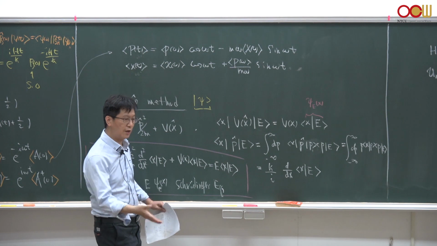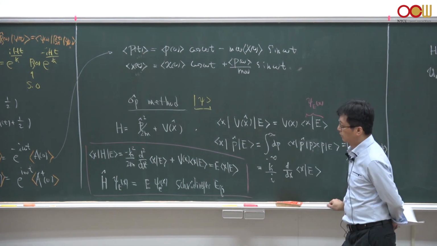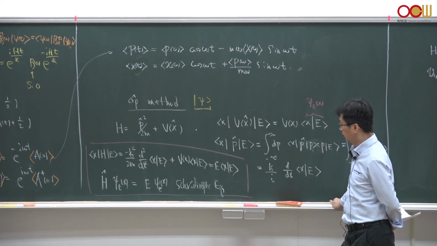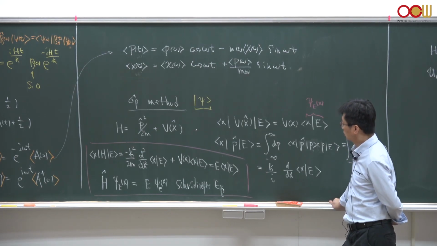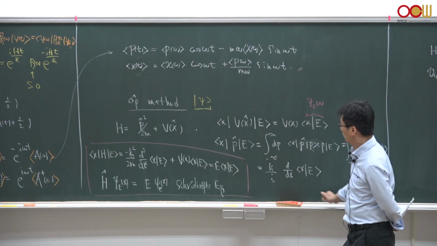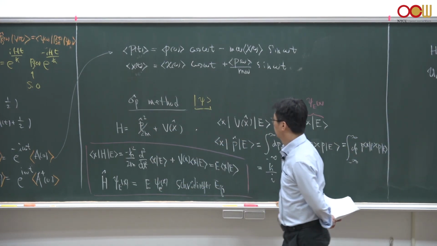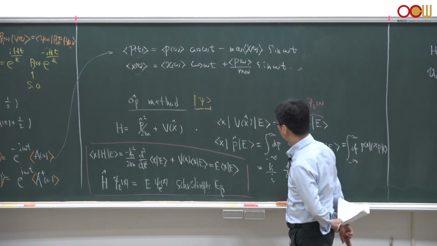But then we could project this eigenvalue equation onto either the position eigenbasis or the momentum eigenbasis. In the case of the position eigenbasis, these eigenvalue equations are precisely the Schrödinger equations that we're familiar with. For example, if the Hamiltonian is made of this kinetic energy term plus the potential energy operator, then